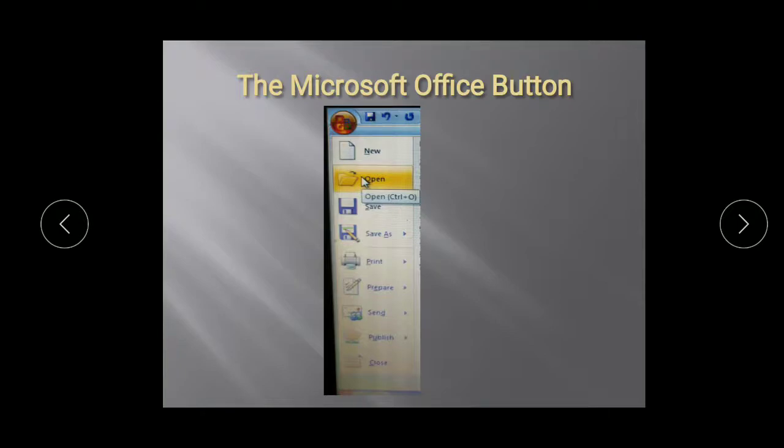Next is the quick access toolbar. So what is the quick access toolbar? I'll just clarify. These options which you can see beside your Microsoft Office button are your quick access toolbar. Now when you click on this arrow, the quick access toolbar options are scrolled down as a list. So it's up to you which tools you want on that toolbar.